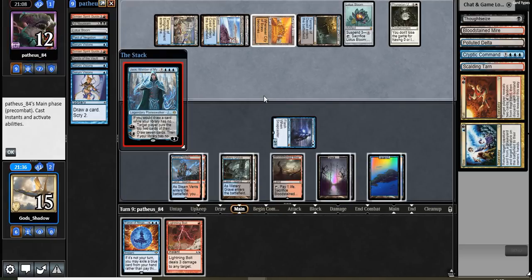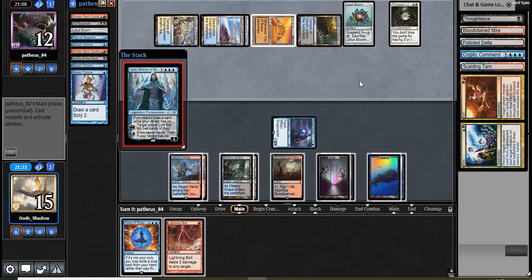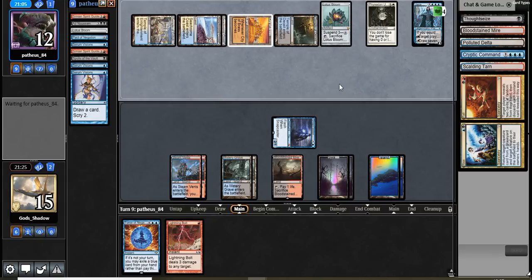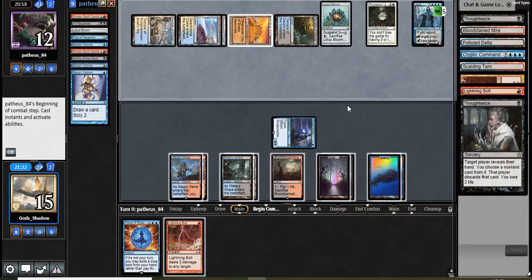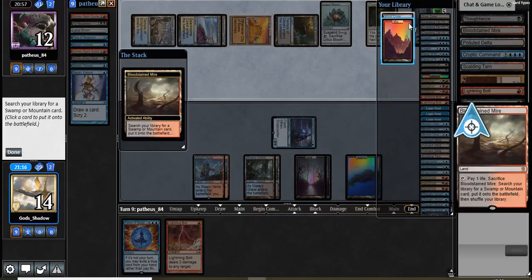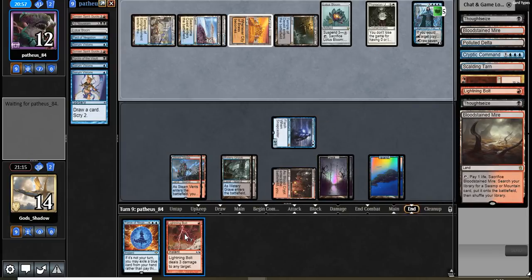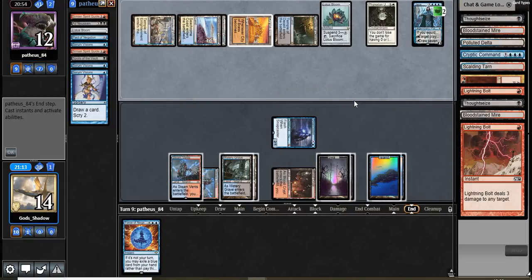This might be Jace, Wielder of Mysteries. Target player puts the top 2 cards into the graveyard, draw a card. Yeah, do it. Don't care. Lightning Bolt. Thoughtseize I would really have loved to have, but the Jace is gonna die anyway, so. And this is one of his win conditions as well, so I assume that he does not have access to...